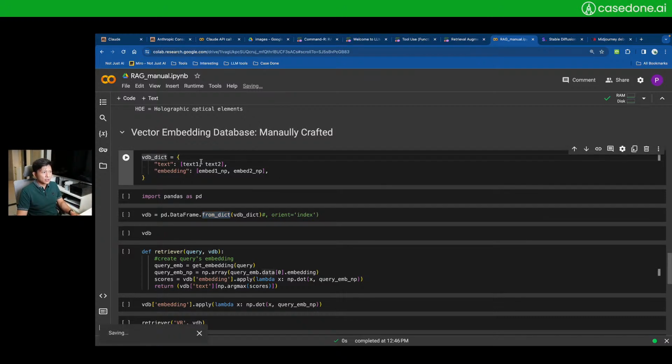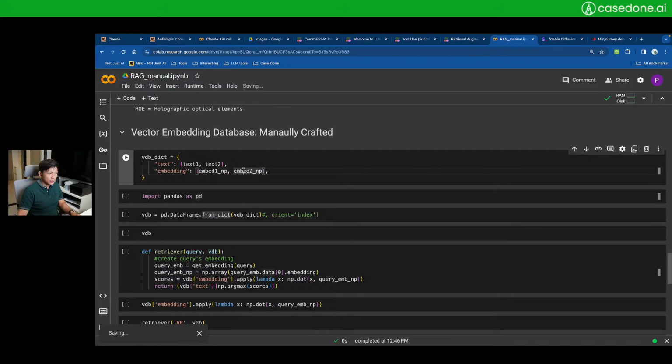So I will first create my dictionary, where one of the keys is text. So I stack up my text. Remember, text 1 is my glossary document, and text 2 is my vacation policy document. And I also have another key called embedding, and then I provide a respective list of the text embedding that